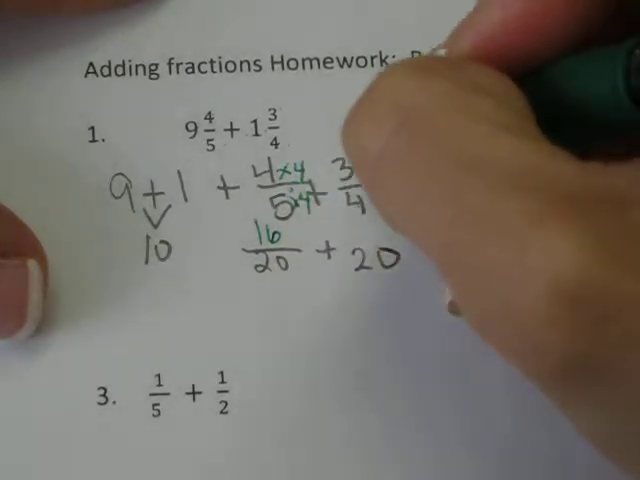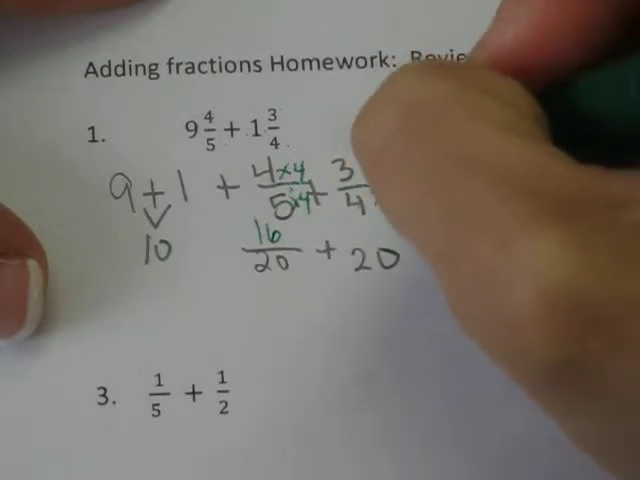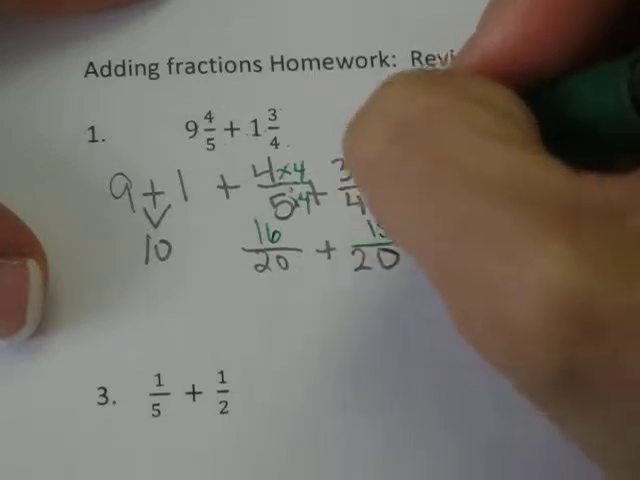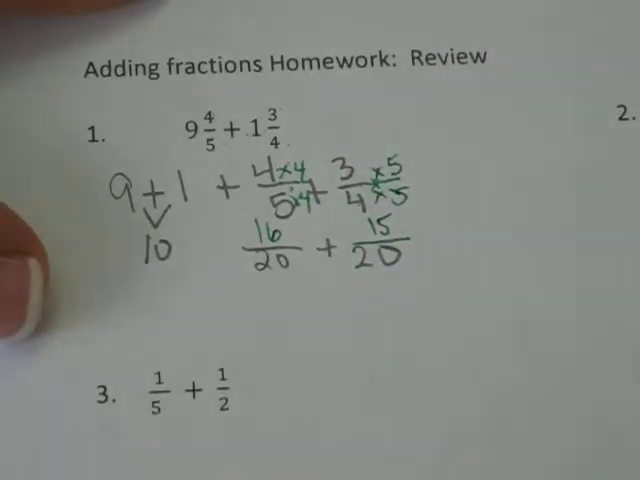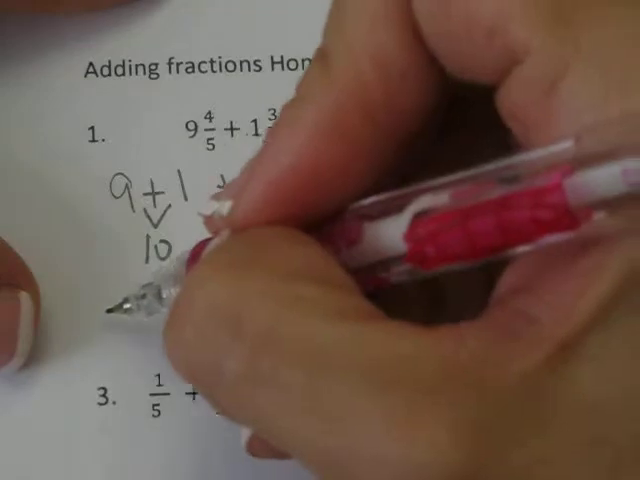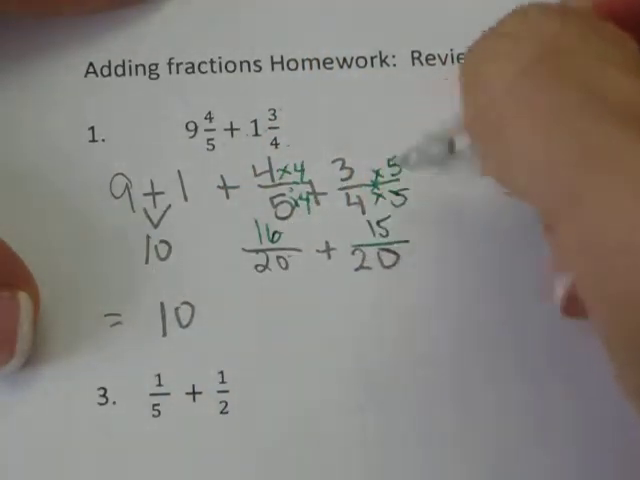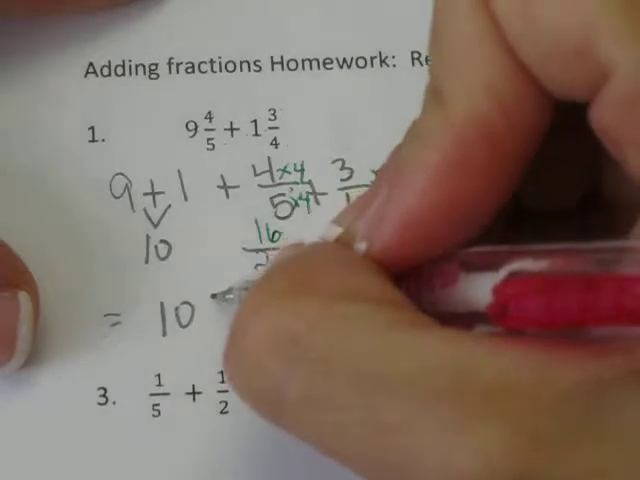I'll multiply 3/4 by 5/5. 3 times 5 is 15. 4 times 5 is 20. So remember, go down, don't go across. So I have 10. And 16/20 plus 15/20 is